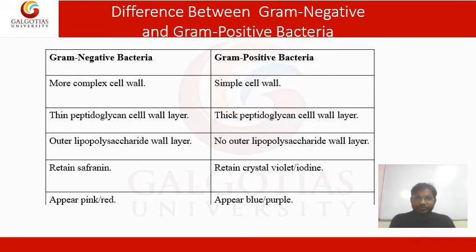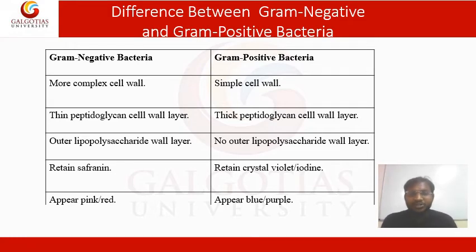And next one, the difference between gram positive and gram negative bacteria. Till now we have been studying the shape of the bacteria. Now another broad classification of bacteria is gram positive and gram negative, based upon gram staining. Gram staining was developed by Christian Gram. Based upon the scientist's name, we call it gram staining.